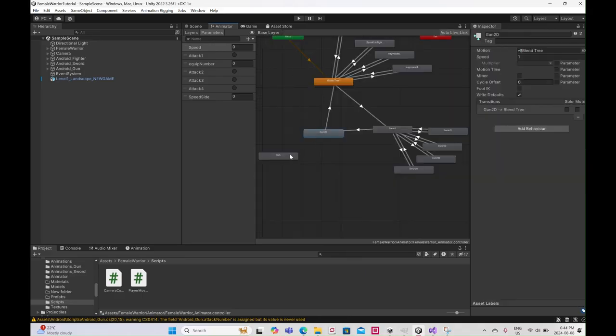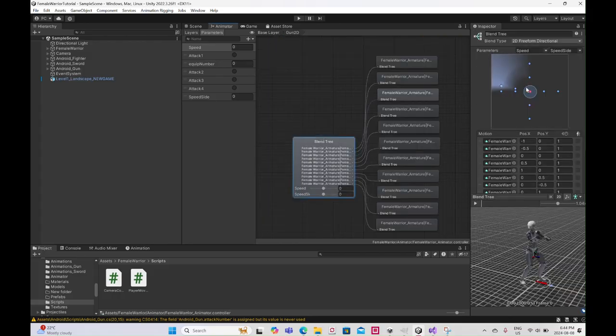Make sure that you swapped out the old gun animations for the new blend tree. So this is the new one that we created. And so if I press play now,